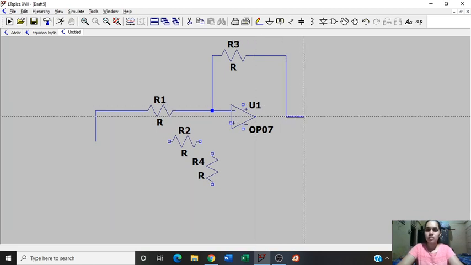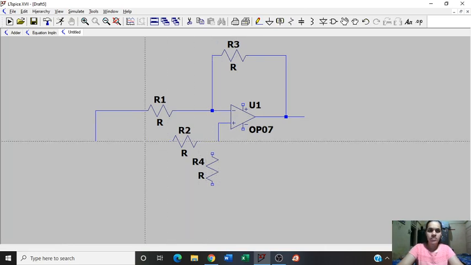I'm getting this terminal out for when we need it for the output. So I'm connecting this over here like this. I'm leaving these two terminals open for when I will need to give the input voltages.